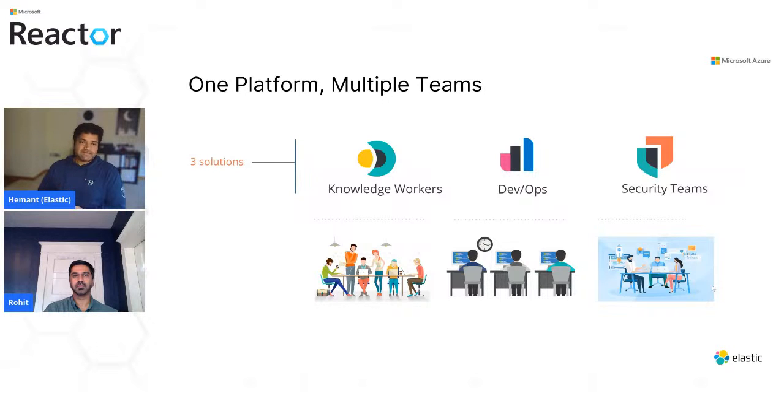The DevOps teams leverage the observability solution to stay ahead of the issues and reduce their mean time to resolve for the issues that are happening. And security teams leverage the same platform for observing and protecting their assets. So the different teams get to solve different problems leveraging the same technology. And at the same time, it gives them this unique differentiated opportunity to cross-pollinate and learn from each other.